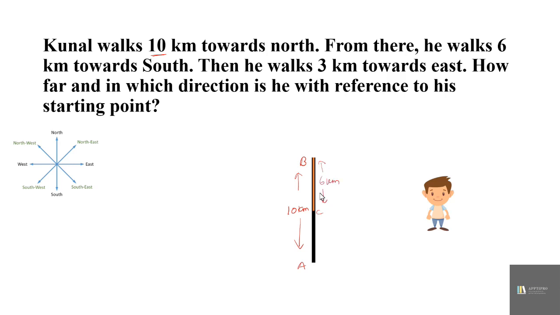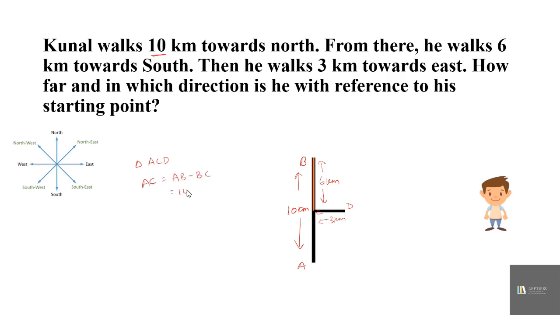Then he walks 3 kilometers towards east. Now we know that ACD forms a right angle triangle. AC is equal to AB minus BC. So 10 minus 6 gives 4 kilometers. Also we know CD is equal to